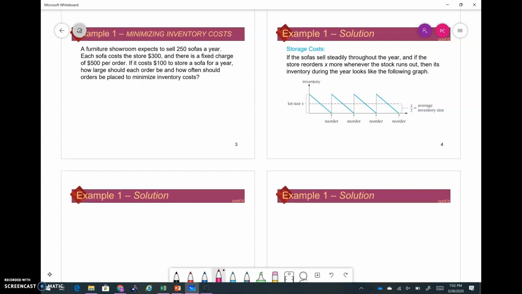All right, let's look at storage cost first and think about coming up with that equation. If the sofas sell steadily throughout the year, and if the store reorders x more whenever the stock runs out, you have a graph that looks like the one below. You order, and then you sell them all till you get to zero, come back up, order more, sell till they get to zero, and you keep that pattern up. The average of what happens normally throughout the year, what they would have on hand, would be x over 2, which means our storage cost